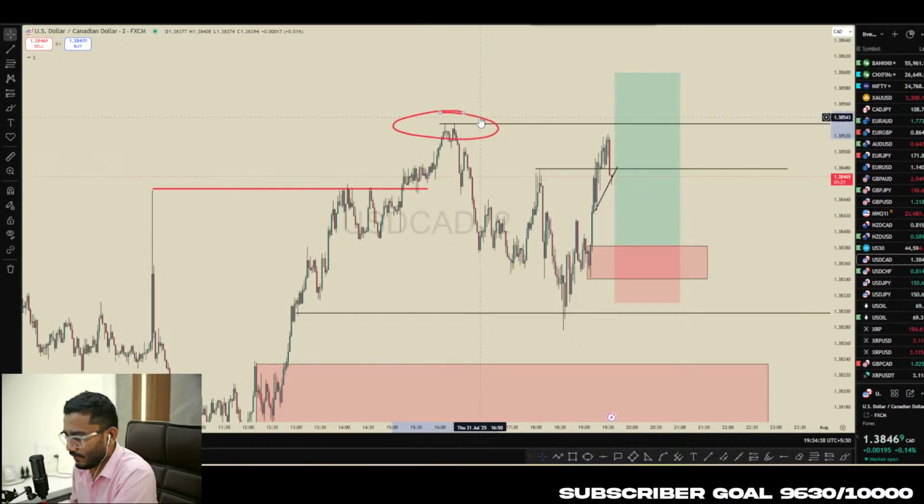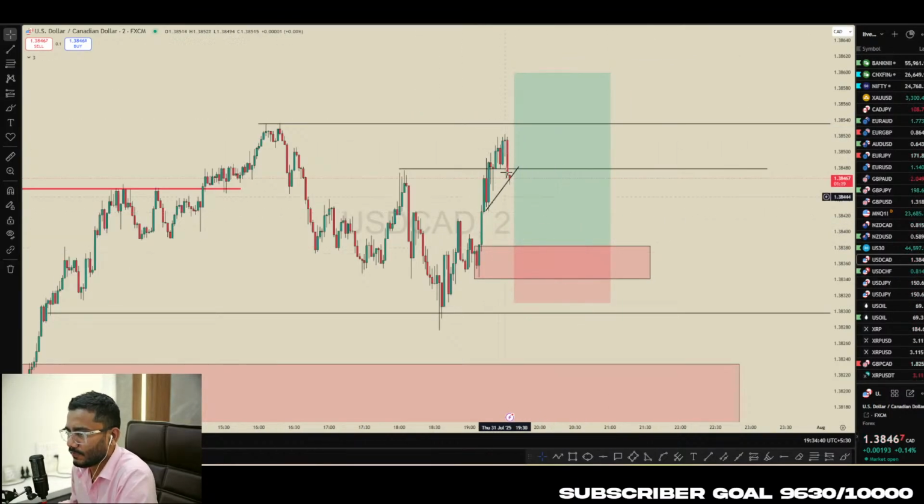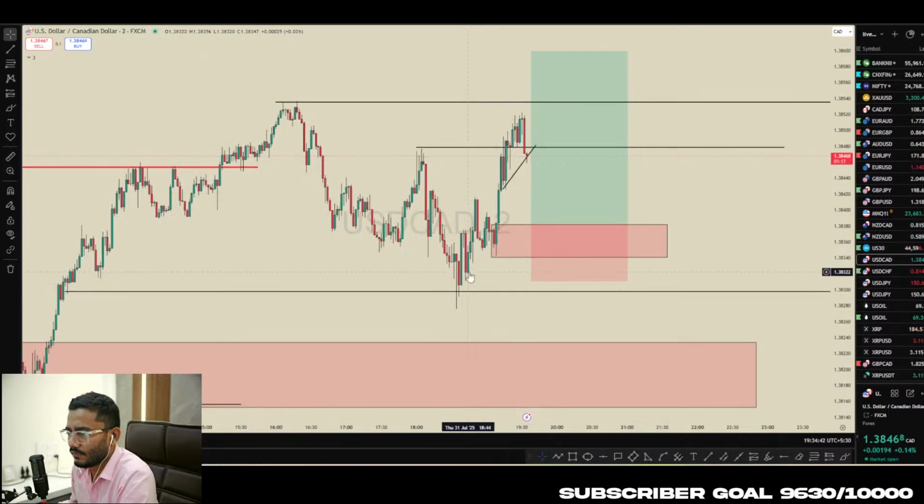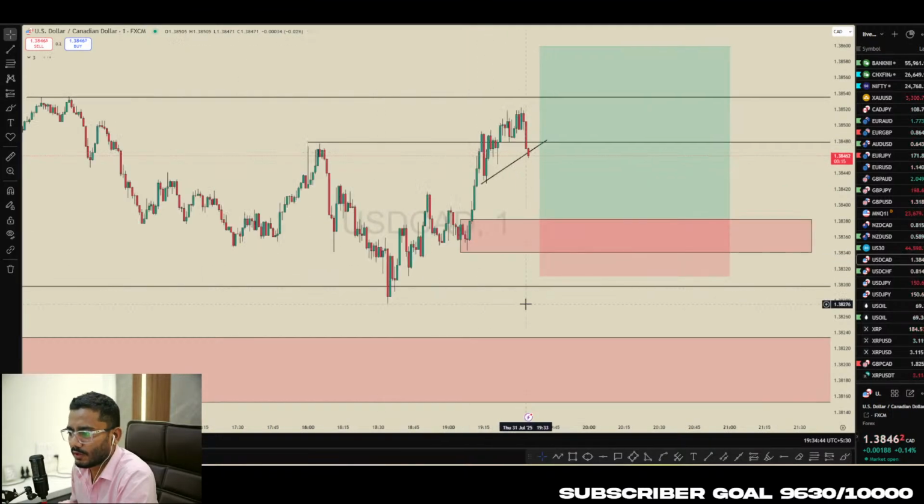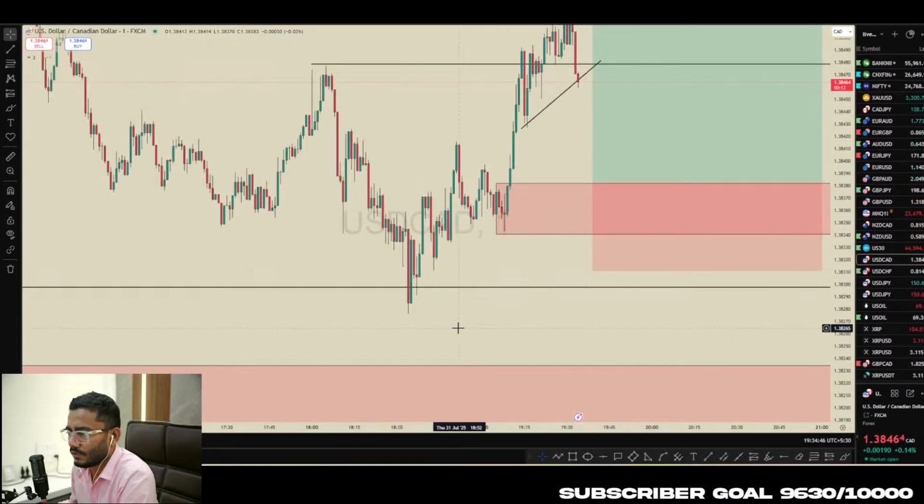So on USD CAD, we have 2 points of interest. First is this one, where if you go to lower time frame, this liquidity sweep has been already mitigated. Again, breakout structure, again breakout structure. Now we have this nice imbalance,